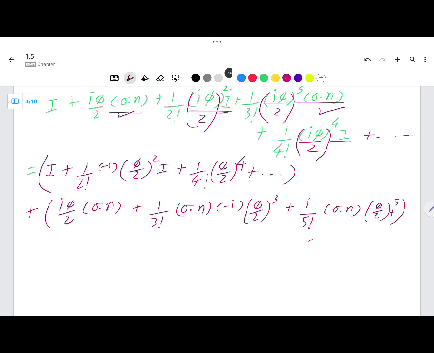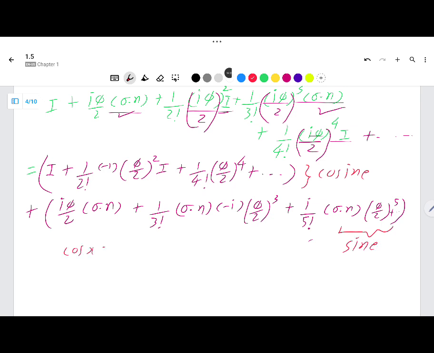So this looks like cosine, and this looks like sine, because